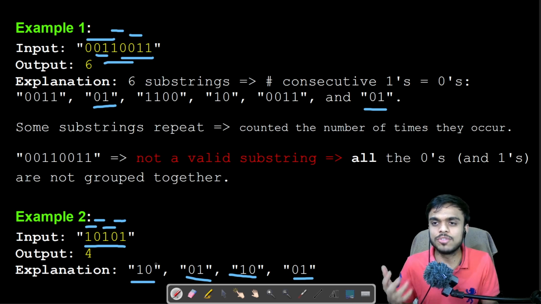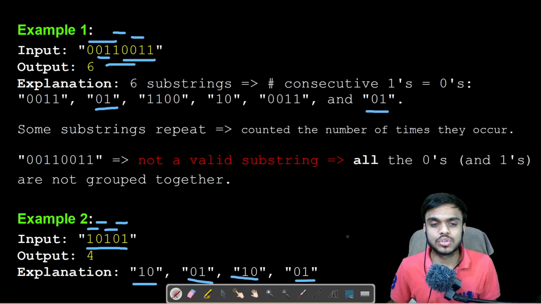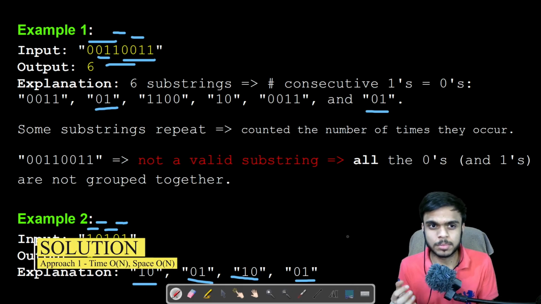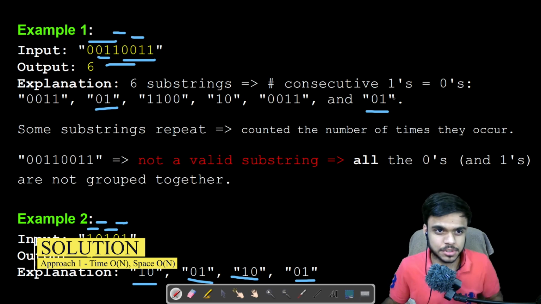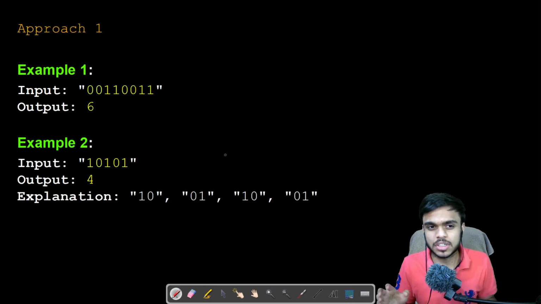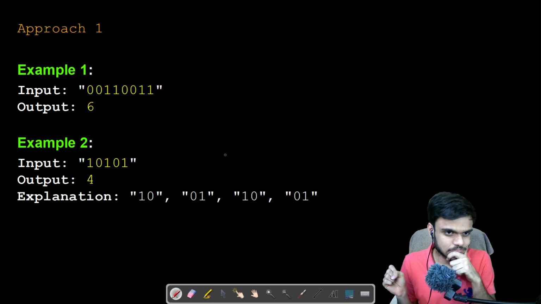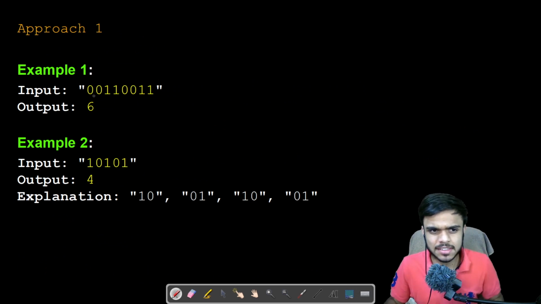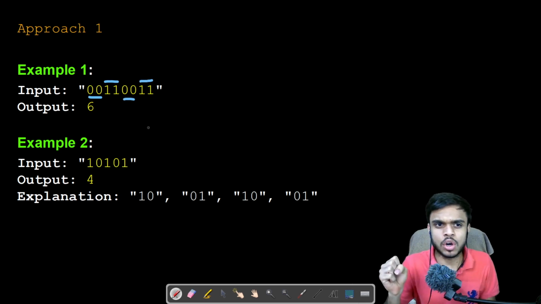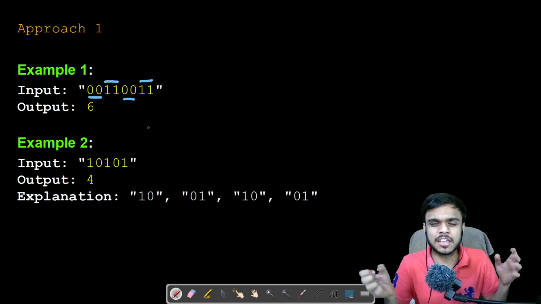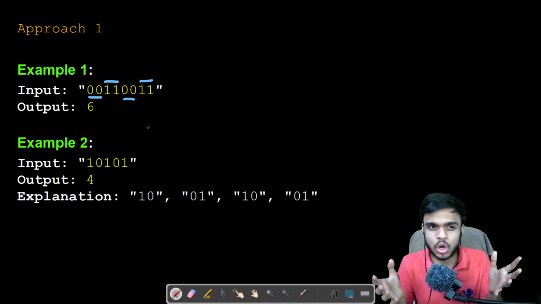Now let us look at how we can approach the problem. While thinking about the solution, I want you to remember the three conditions and think of it in those terms. The most important thing is that zeros and ones should be consecutive, and second, they should be together. Technically, what the problem is saying is that these two things are similar, or we can club them to form a group or a block.